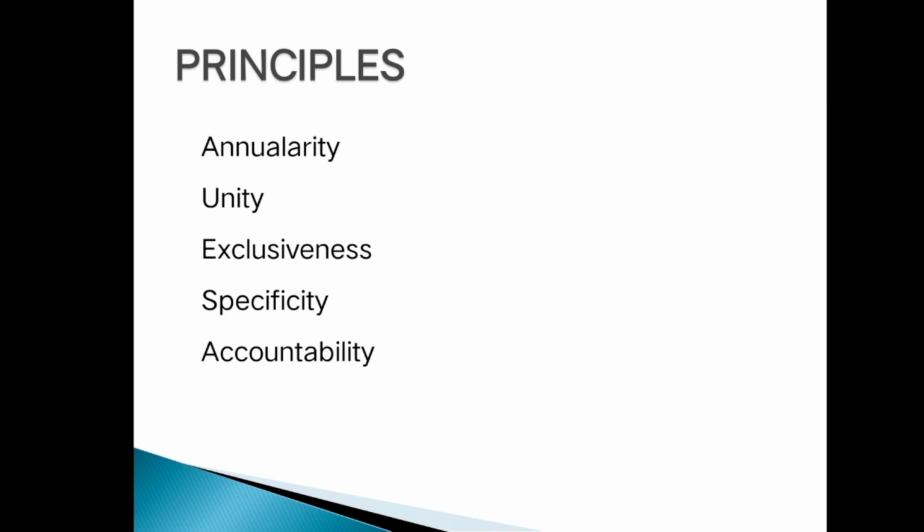Next is specificity. I should have a budget that is specifically for that particular use. Next is accountability. Whatever budgeting I do as the head of the institution, I should be very much accountable, and I should have a justifiable answer for what purpose I am procuring that particular equipment. The heads of departments will decide, for example, that I need health education racks, or I want a nebulization machine. So I should have a justification and a specific budget for that.